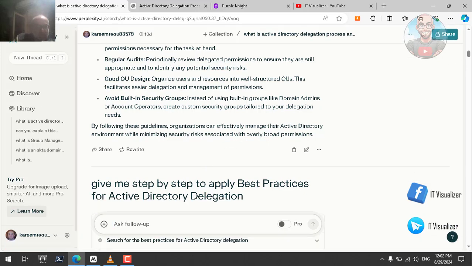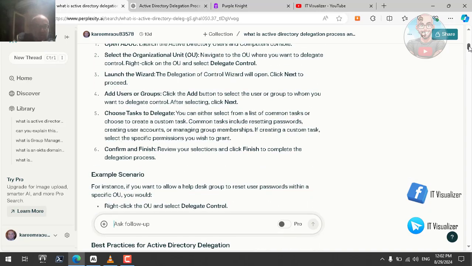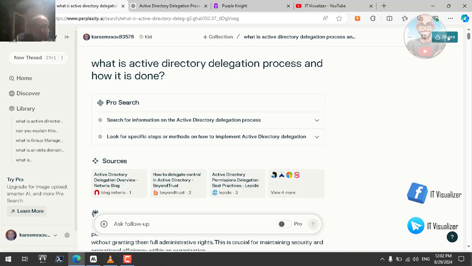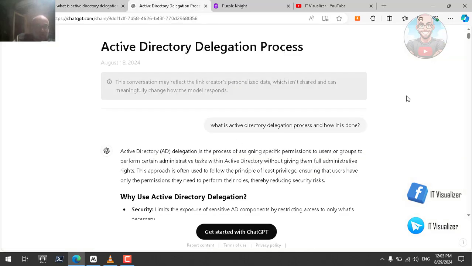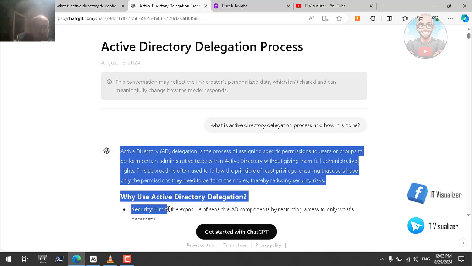So this is a very, very good answer, and it's giving us an example and a lot of useful data. If you see the prompt here, I'm asking it what is the Active Directory delegation process and how it is done. We can see this is a very, very good answer. Let's see the answer of ChatGPT. Here I'm asking it the same question. So let's see what will be the answer of ChatGPT. I think it will be